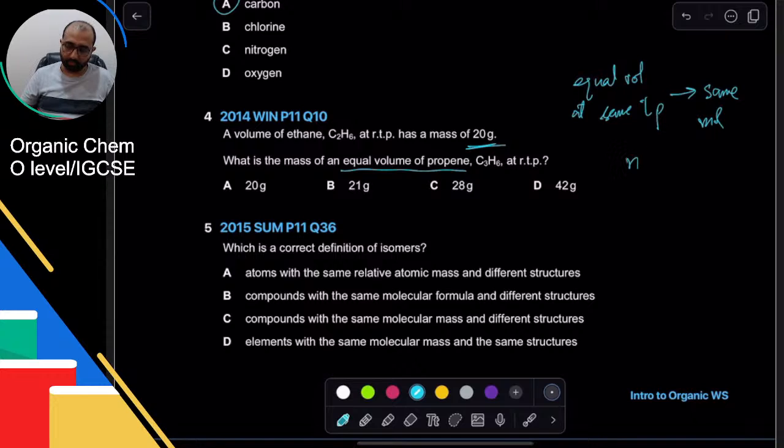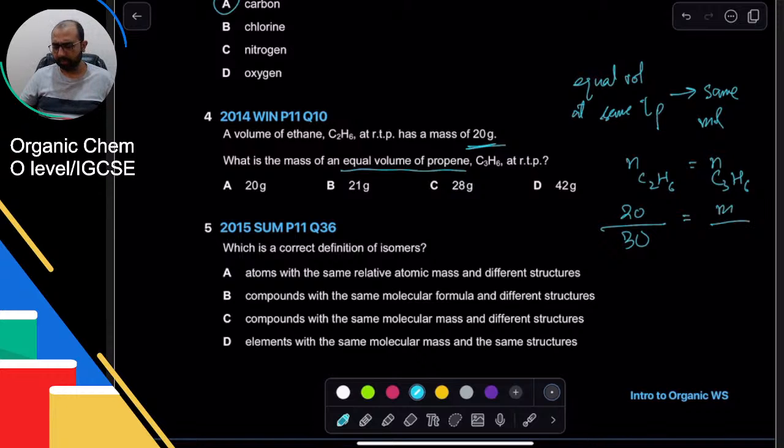तो मतलब सेम मोल्स हैं, तो लेट्स फिगर इट आउट. So number of moles of ethane C2H6 should be equal to number of moles of propene. So हमें MR का पता करना है, तो 20 grams divided by इसका MR देख लेते हैं. 12 times 2 is 24 plus 6, 30, तो यही होगा उसका भी number of moles. So इसका mass divided by MR. So इसका MR होगा 3 times 12 for carbon, 36 plus 6, 42. And then we multiply it, so 2 over 3 times 42, I think that is 28. So the mass is 28.